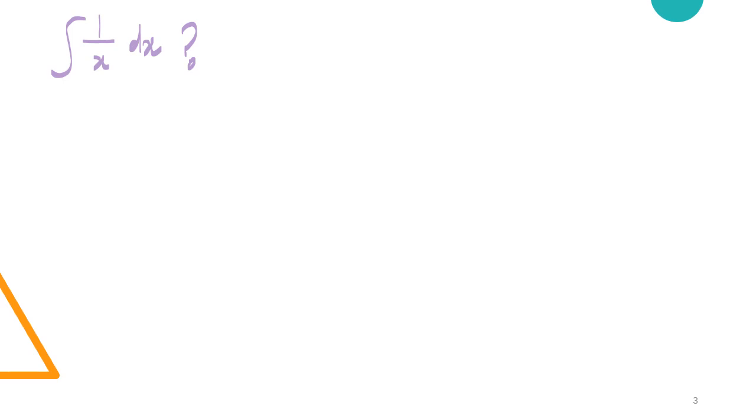Right, so to answer the question, we have to go back to the differentiation of logarithmic functions, because after all, integration is the reverse action of differentiation. So recall that when we differentiate ln x, you get 1 over x. What we're going to do now is add the integral sign to both sides,